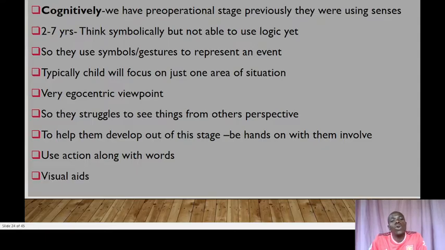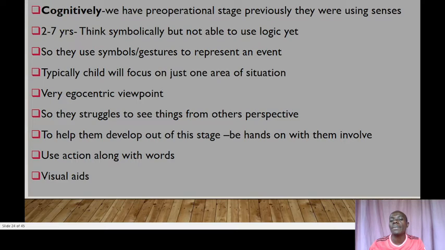They typically focus on one area of a situation. They are very egocentric creatures at this point. They only think about themselves. They struggle to see things from others' perspective. Okay, and this one is very key at this stage. So to help them overcome this, you need to develop